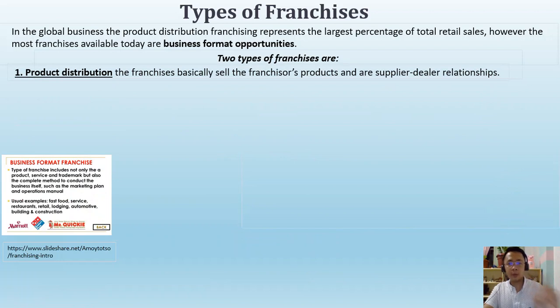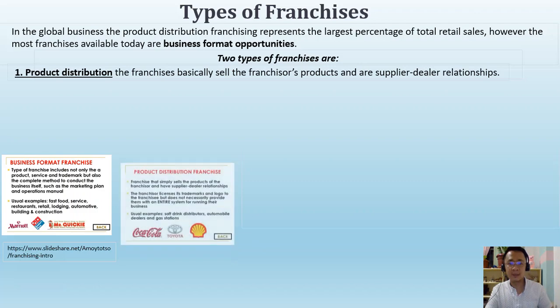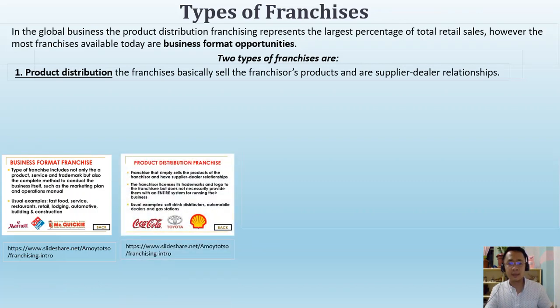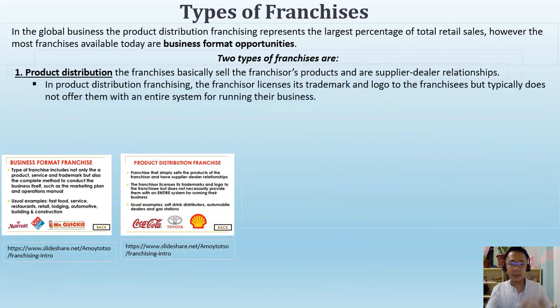So we have two types of franchises. Number one is product distribution. The franchisees basically sell the franchisor's sourced products, and these are supplier-dealer relationships. The best example is in product distribution franchising, where the franchisor licenses its trademark and logo to the franchisees,